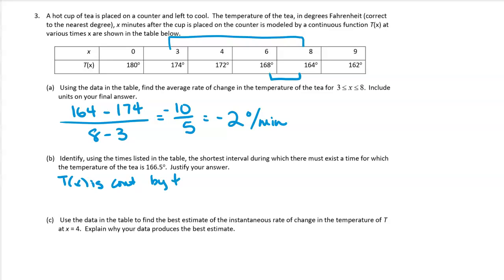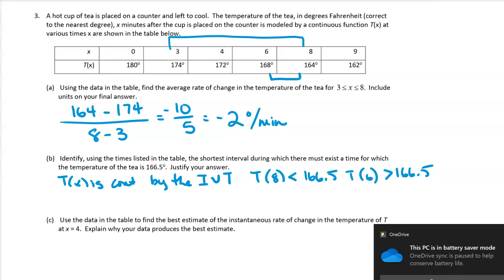So by the intermediate value theorem, since T of 8 is less than 166.5 and T of 6 is greater than 166.5, or you could actually say what those values are and then say that 166.5 is between them, then we can say that there does